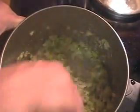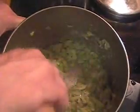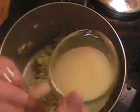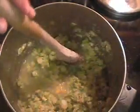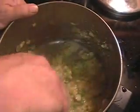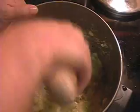All right, we're gonna stir all that up in there. It looks wonderful. Get some okra in there. We're gonna cook that for a little while. I'm gonna add a little bit of chicken broth to this. All right, I'm gonna add me about a cup of chicken broth, and I'm just gonna let that cook. A cup of chicken broth. I'm just gonna let everybody cook and get together and become as one there